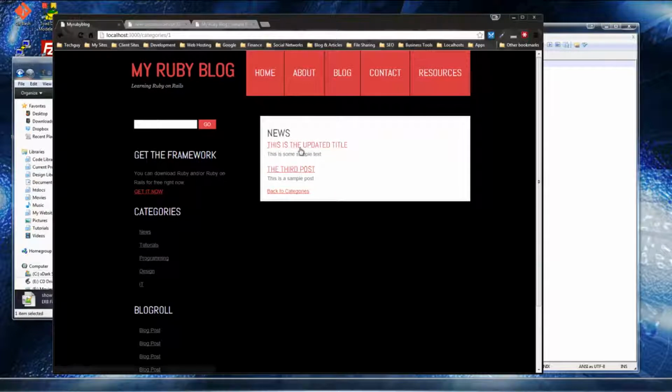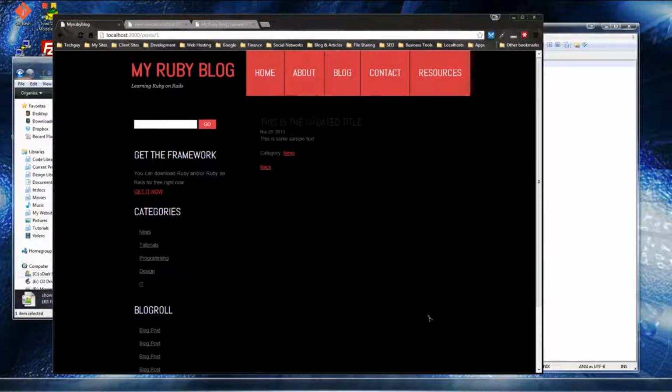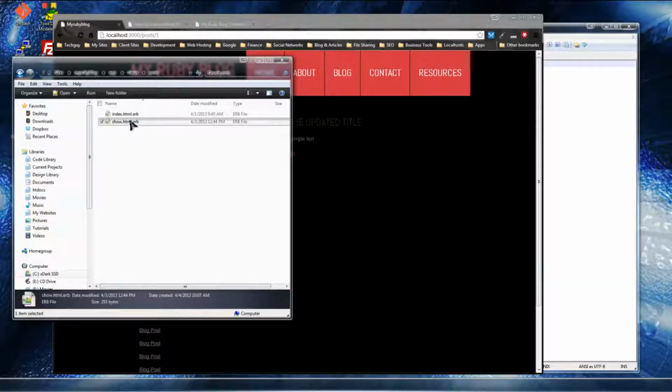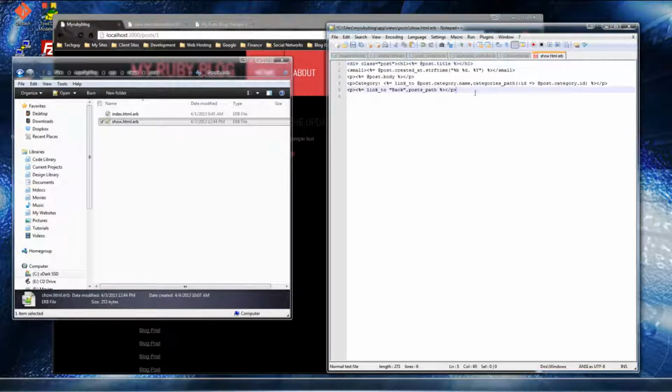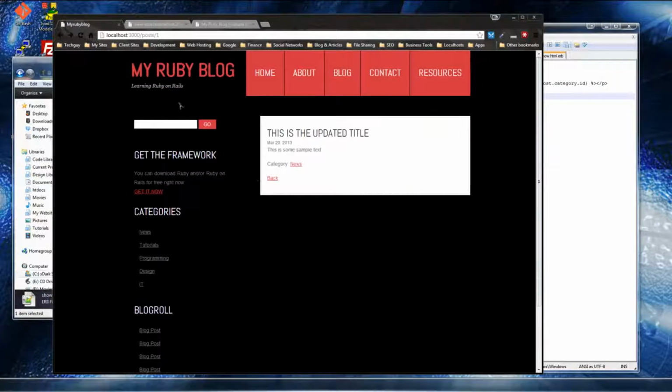And if we click on a post title, it brings us to the post. Let's also add that post class on. This would be the posts view, the posts and show. So let's just add that div to that as well. Save that. Whoops, reload. All right, so we can go back